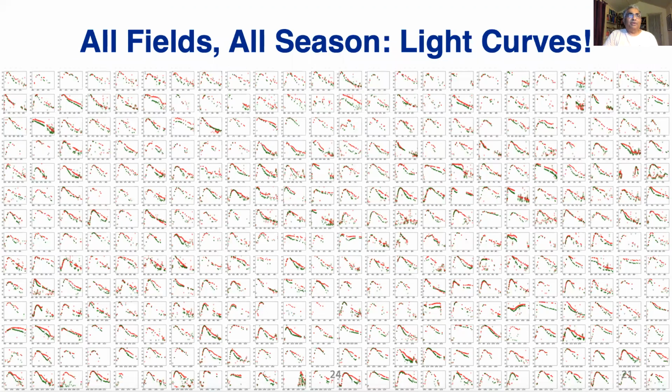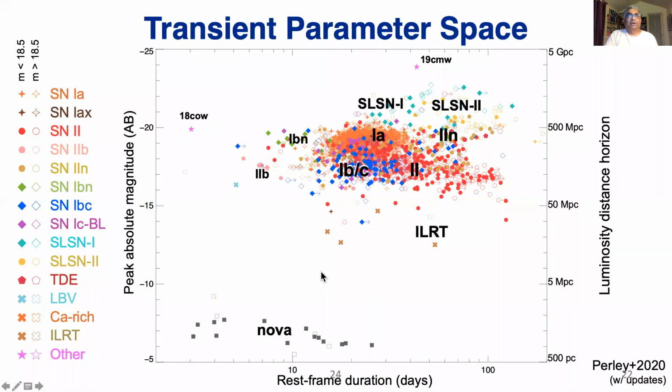Well, look at the quality of this data. There's a collage of light curves. It's very good photometry for a ground-based system which has such a large field of view. It's a tribute to the hard engineering that's been done by the CCD team. Here's back to the Zwicky diagram. You can see it's getting slowly populated. I'd be surprised if 10 years from now you come and the whole phase space diagram is filled.